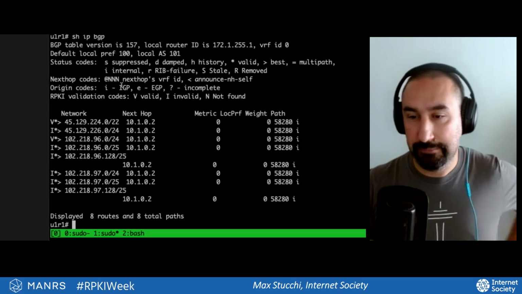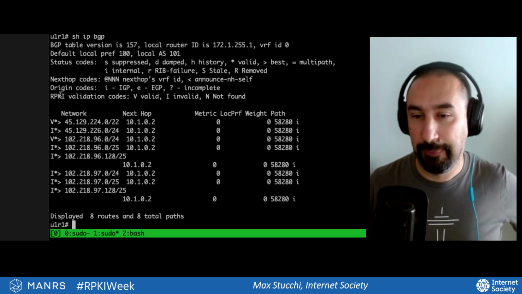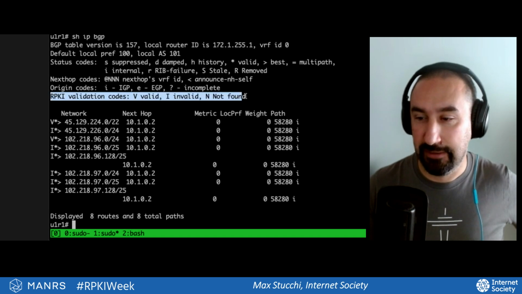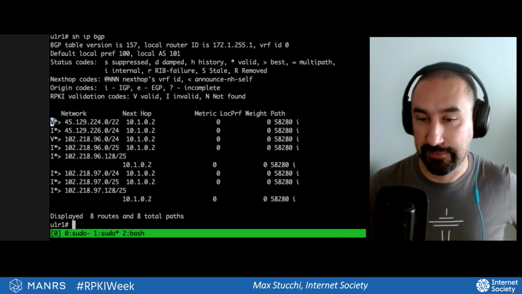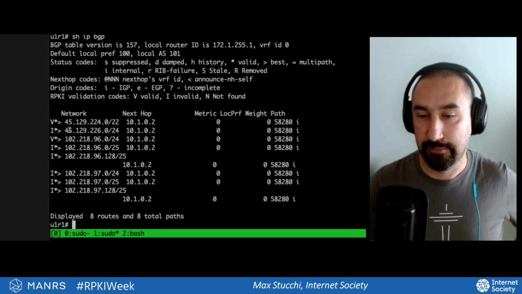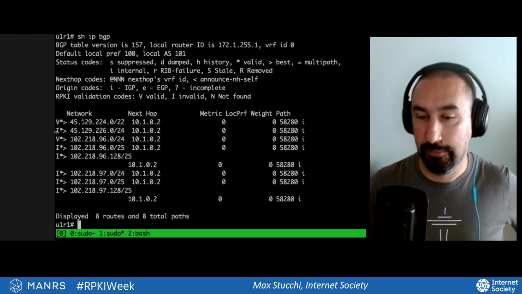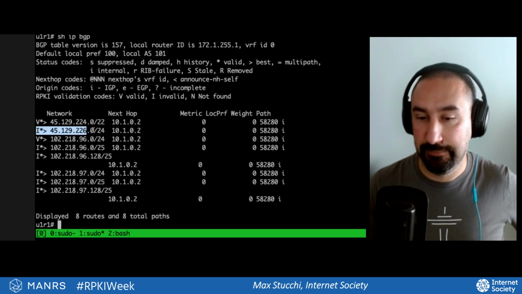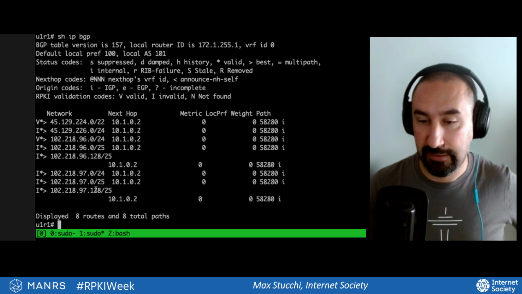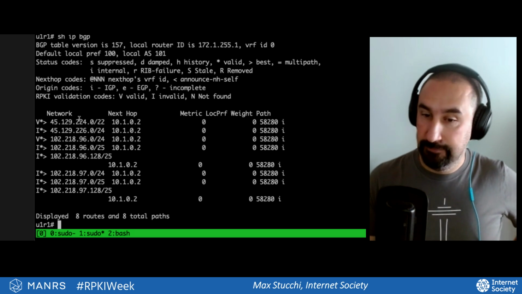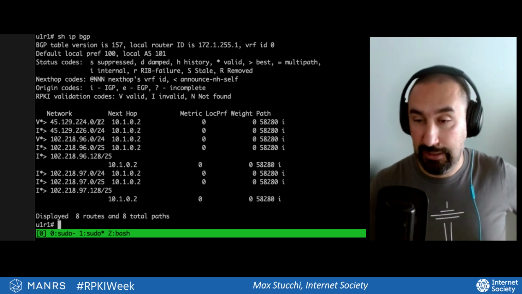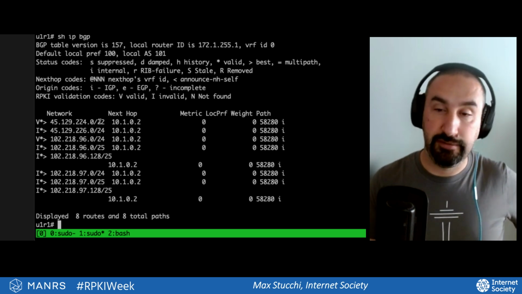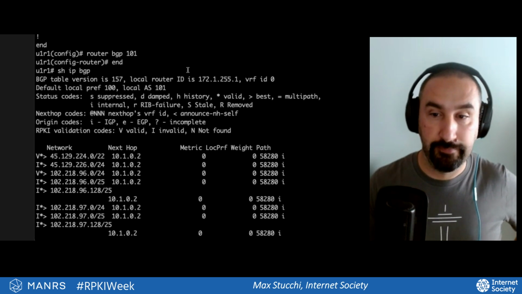Now, you see that we have additional information here, next to the prefixes. So here it's telling us that this is a valid prefix, the /22. This is invalid. Oops. This is invalid. This one is valid, and the others are all invalid because they're all more specifics. So what can we do here? We need to take the route map and apply it to the BGP neighbor, and then with that,